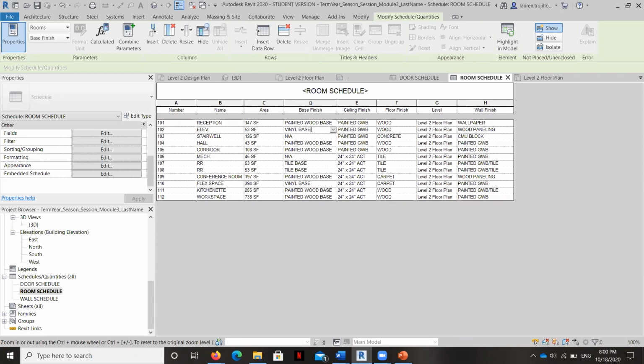I have entered in, making sure to spell correctly, all of the finished materials based on what would be appropriate there. And once I have them entered in, you can see they become drop downs here, so it makes it very easy. So all you need to do is just make sure that each of the columns are populated for each of your rooms, and now you will know how to make a professional looking finish schedule.